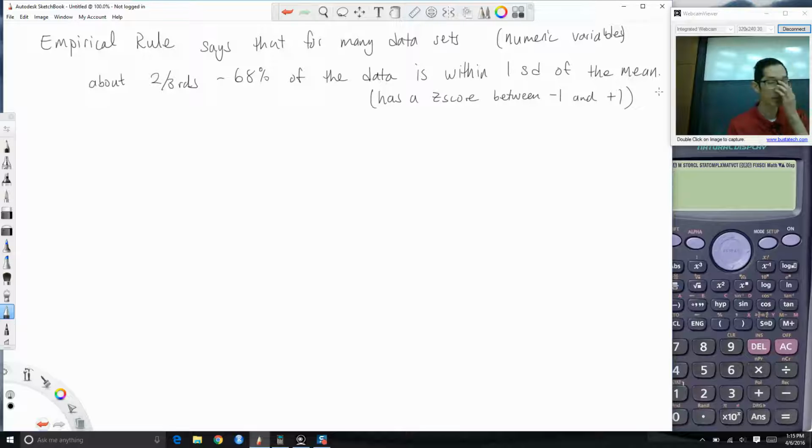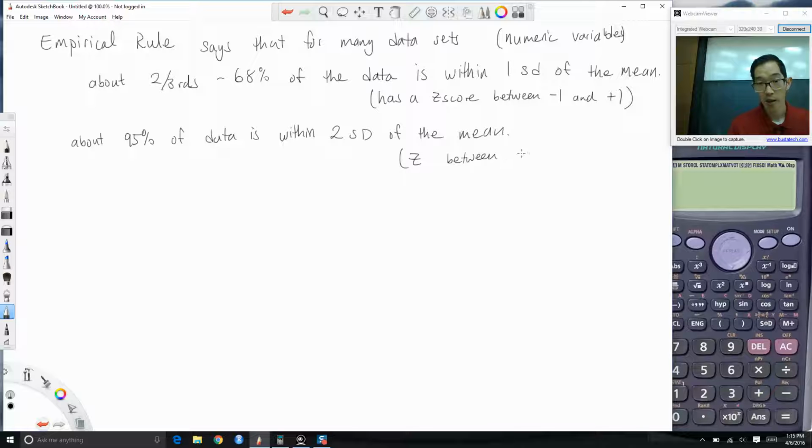Okay. So about 2/3, okay, and we would say about 95% of data is within 2 standard deviations of the mean. Okay, or, z between -2 and +2. Okay, and then almost all, but not all, okay, almost all, so 99.7%